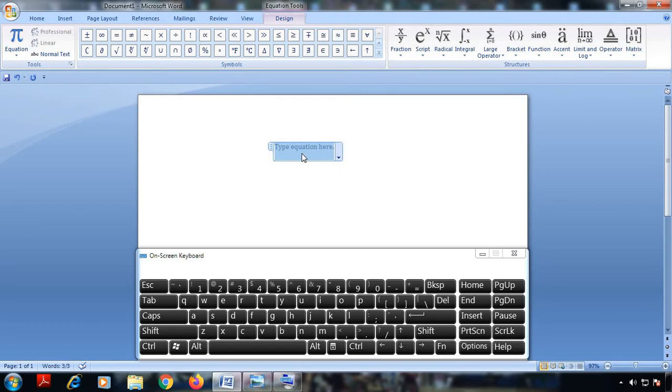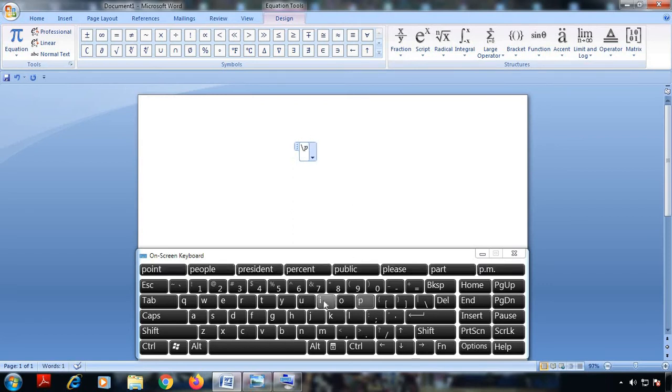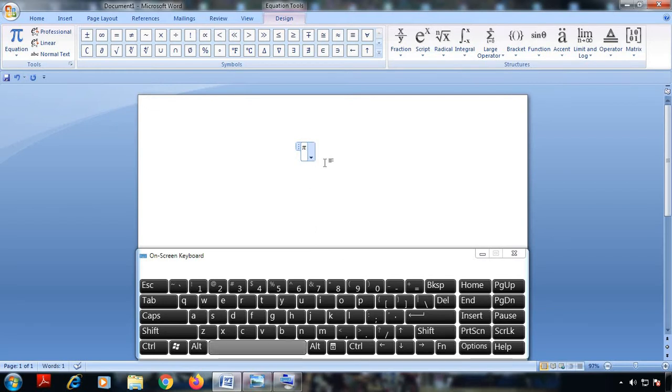I'm going to enter backslash, and let's say if I want to enter pi, the value of pi, or I want to use the symbol pi, so I can directly write pi. I'll type here pi. So what is going to happen with that? And I'll just enter space. So you can observe here that the symbol pi is directly inserted in your equation editor.